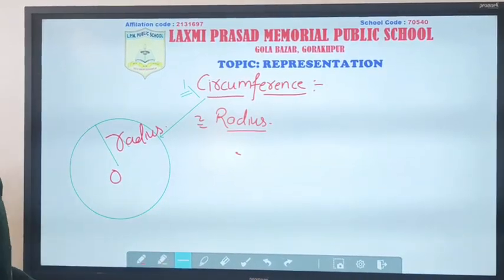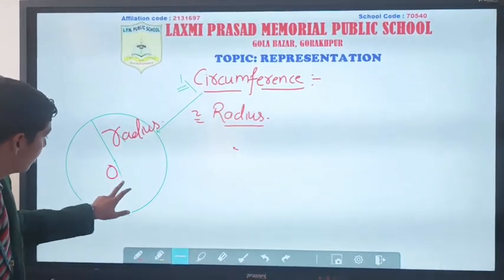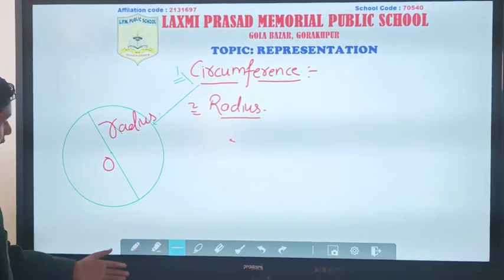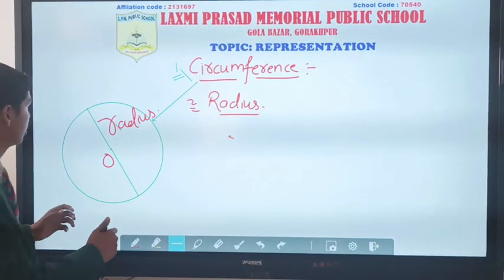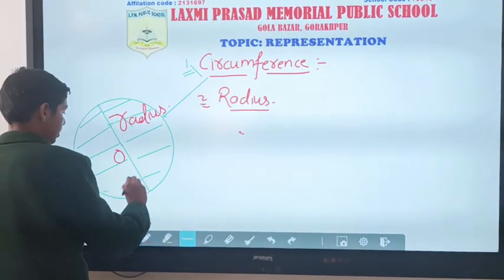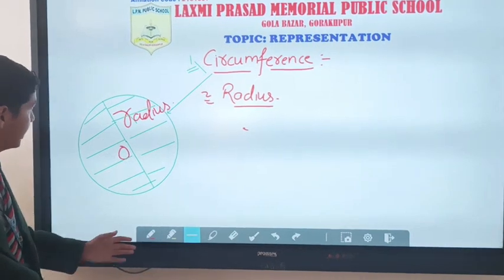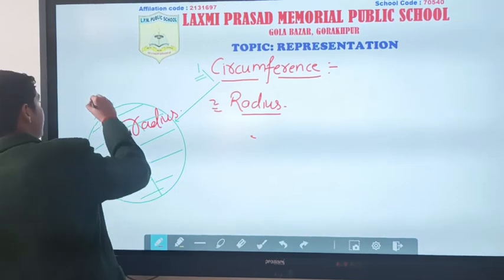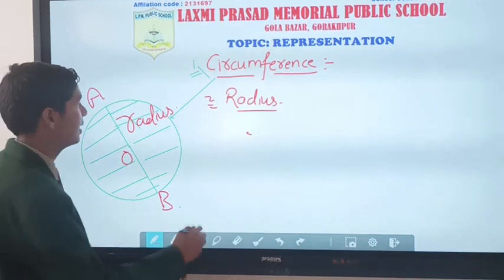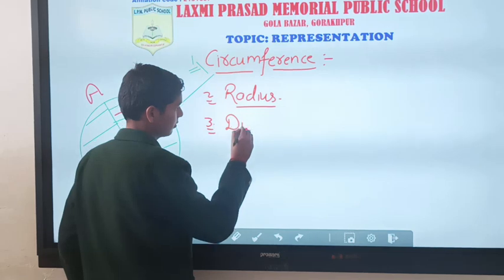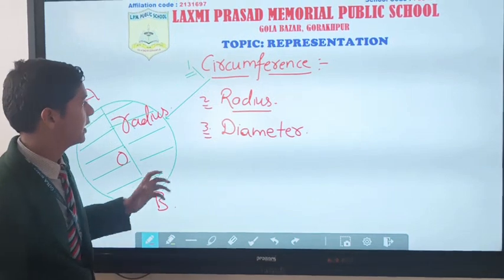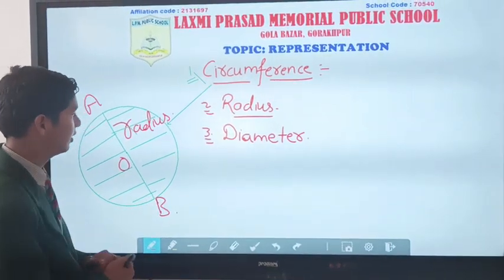But what if I extend the line so that it passes through the center to another point of the circle? We have this full line, and we can conclude that this part of the circle is equal to this part. If I call this line AB, this line segment is classified as the diameter of the circle. These are some of the most basic terminology related to the circle.